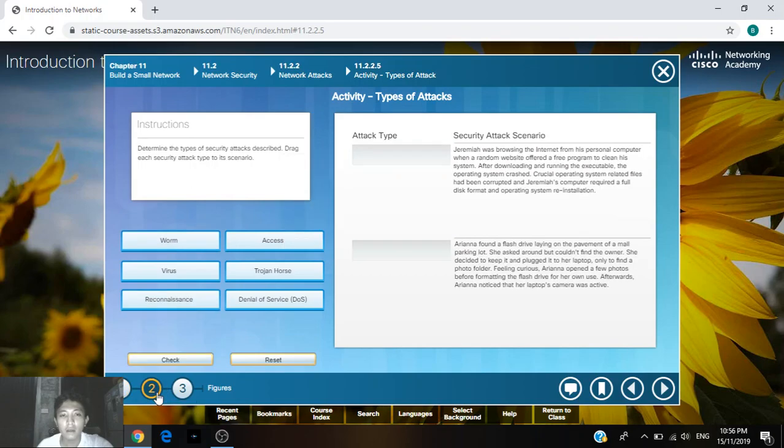Let's take the figure 2, which is the scenario. Jeremiah was browsing the internet from his personal computer when a random website offered a pre-program to clean his system. After downloading and running the executable, the operating system crashed. Crucial operating system related files had been corrupted, and Jeremiah's computer required a full disk format and operating system reinstall. So I think that's Trojan horse, because a Trojan horse is